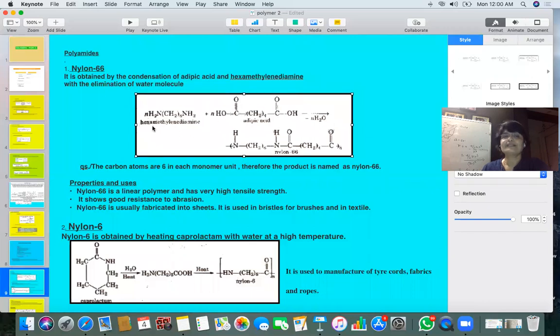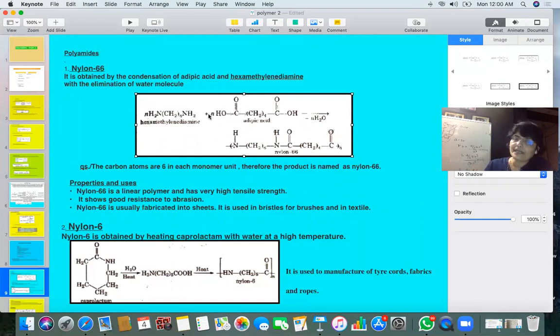Remember, molecule A is hexamethylene diamine, and the second is adipic acid. First, these two molecules combine through here, and HOH, H2O, will go out. The NH which is left out is going to combine with the C. This is going to be made. So the first unit is this one, amide. The amide functional group is going to be made.